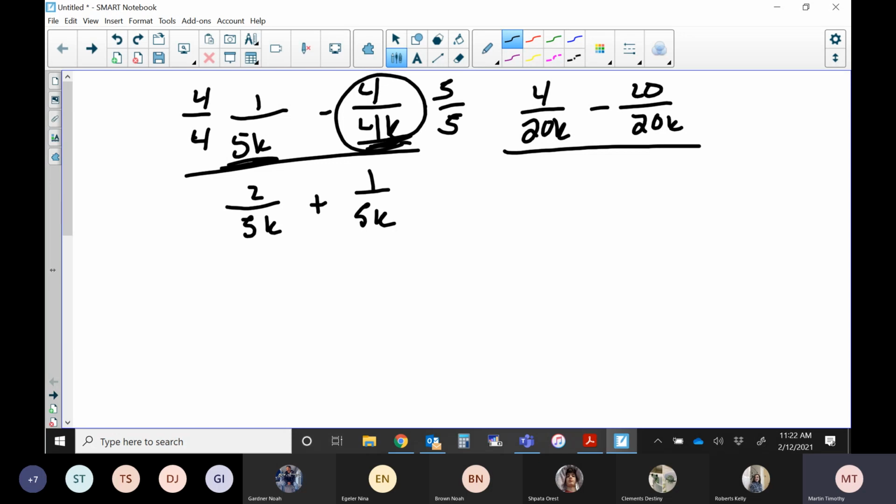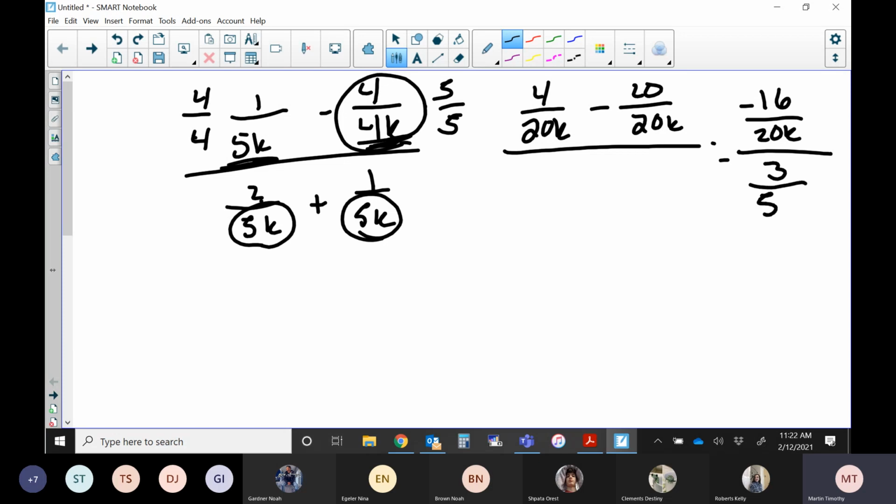I'm going to continue on with my top. My top is going to turn into a -16 because I can combine tops. 4 minus 20 is -16 over 20k divided by, and hopefully you can see these guys already have common denominators, which is at least nice. And 1 plus 2 is 3, so it'd be 3 over 5k. Now once I have a fraction divided by another fraction, I can go ahead and keep,